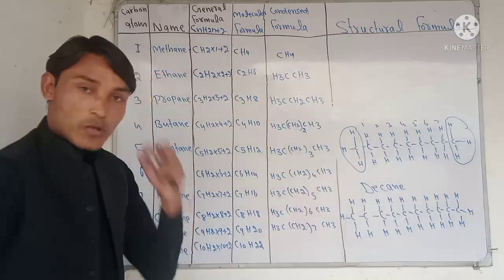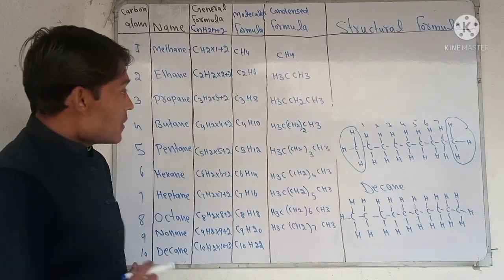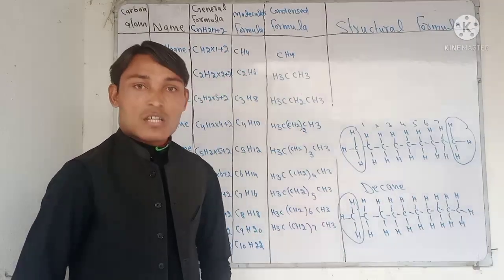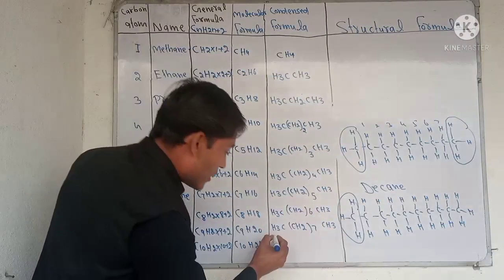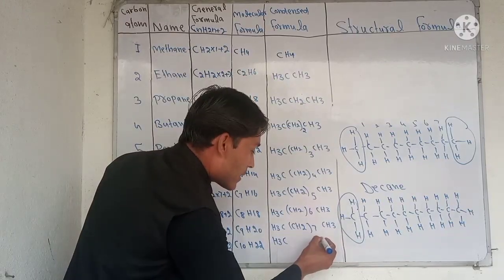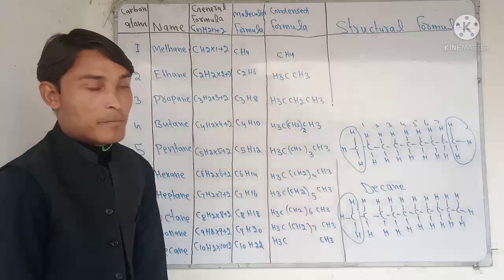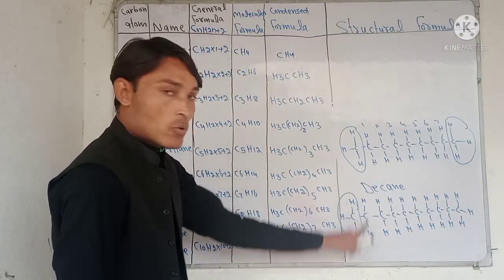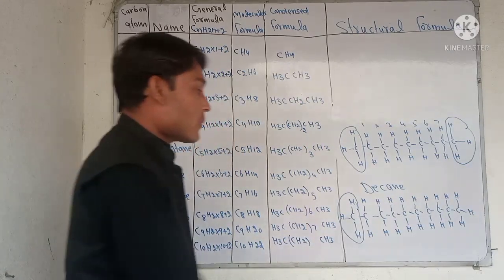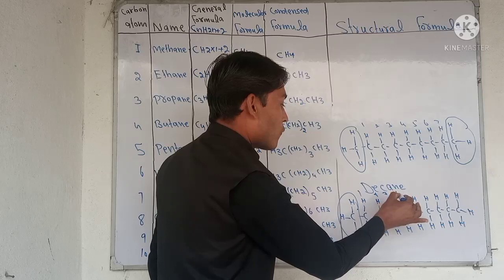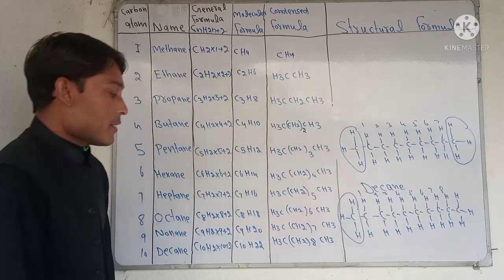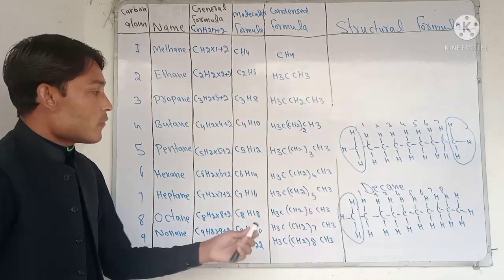So if you want to give the condensed formula, first of all, what is the simple method? The simple method is this: if you write CH3 directly, it is not considered right. Try to write H3 first, and then write C, and then write CH3. After that, as we know, on the second carbon we have 2 hydrogens, so we have to write CH2, and also we need a bracket, and after the bracket we count 1 2 3 4 5 6 7 8, so we write 8. So we have already drawn the condensed formula for carbon number 10 as well.